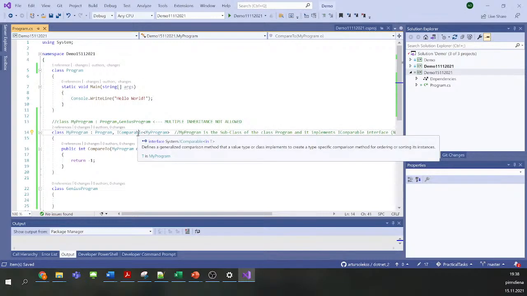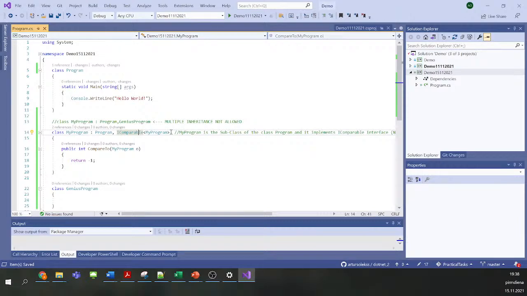Yeah. So if we have an interface, then it's fine. We can have multiple interfaces here in addition to the superclass. If you want, we can also have only an interface. That would be also fine. But the key point here is that we can only have one superclass. We can have multiple interfaces, but only one superclass. But they all are defined using the colon here.